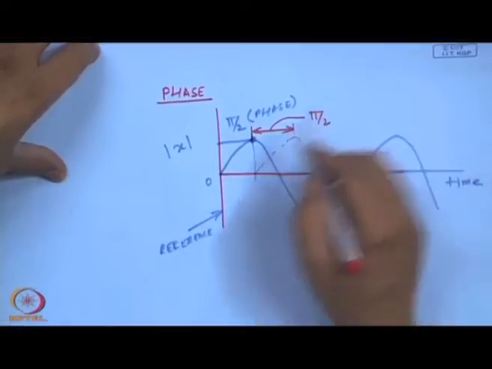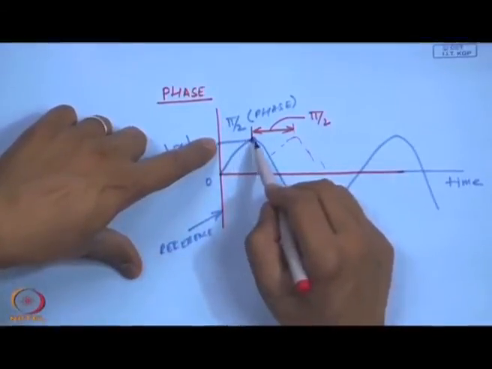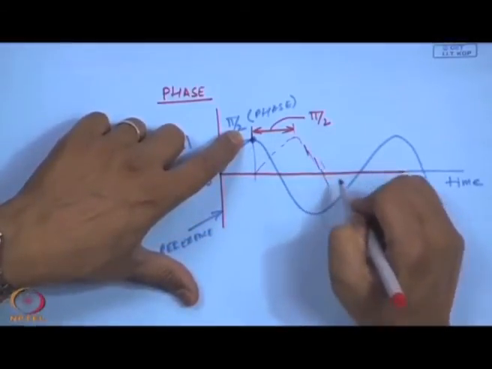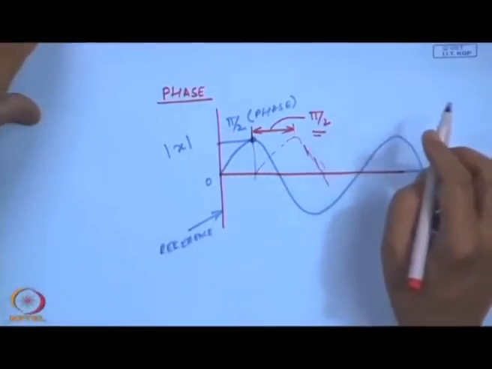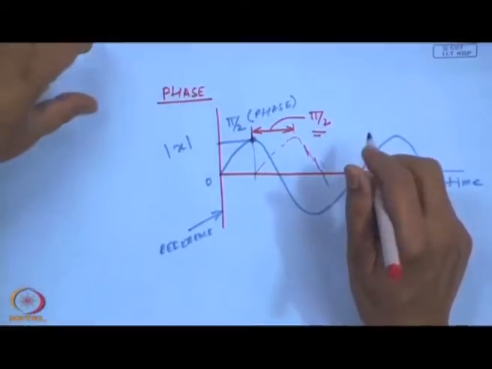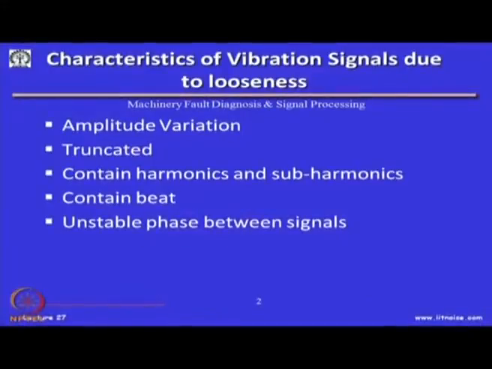Phase is always relative. So, when I said here pi by 2, this blue one, it is with reference to this plane, but between these two signals there is again a phase difference of pi by 2. So,